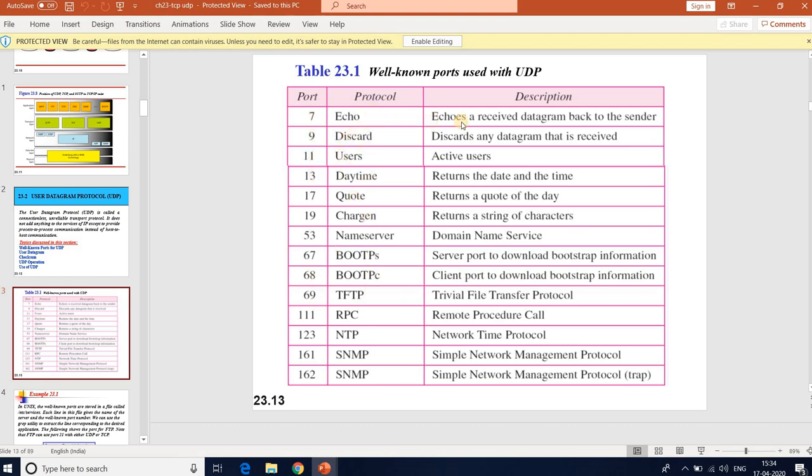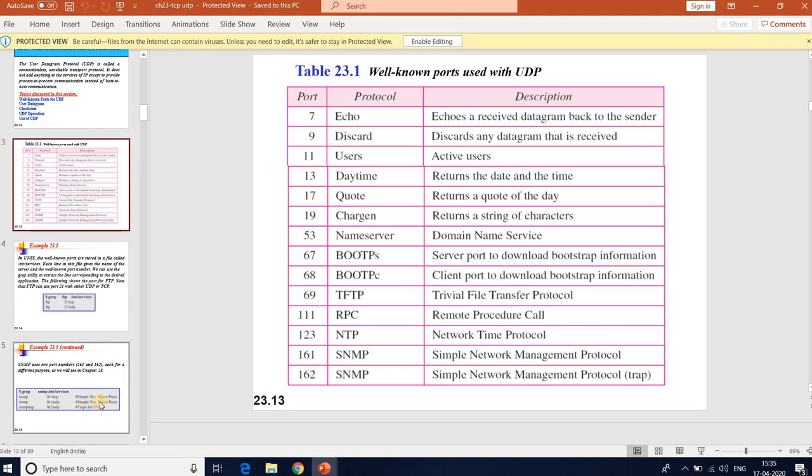For each protocol there is a description: 7 for echo, 9 for discard the datagram that is received, 11 for users, active users, 13 for daytime, the day and time, and so on: 17, 19, 53, 67 for BOOTPS and 68 for BOOTPC, 69 for TFTP, 111 for RPC, remote procedure call, 123 for NTP, network time protocol, 161 for SNMP, simple network management protocol, and 162 for SNMP trap.